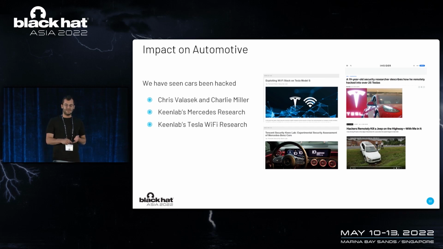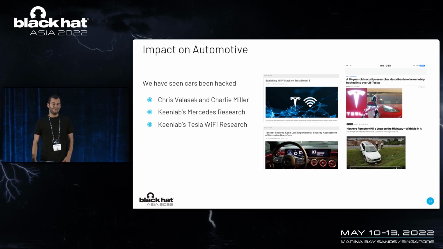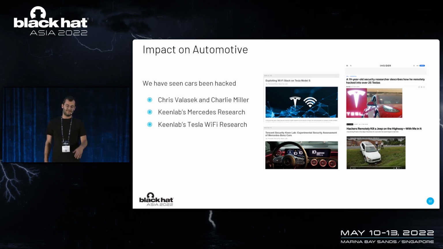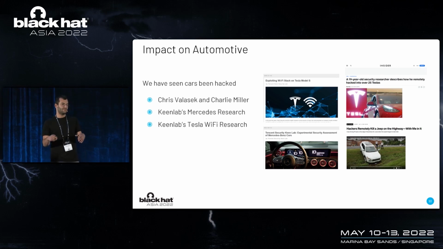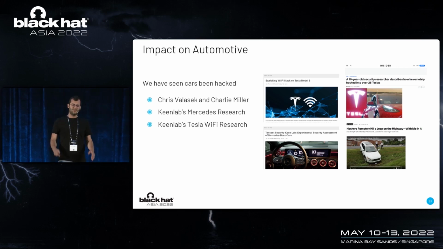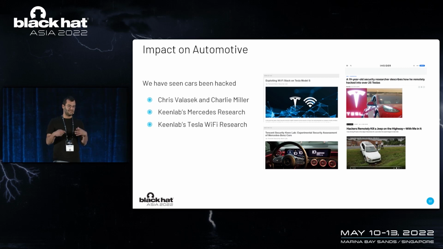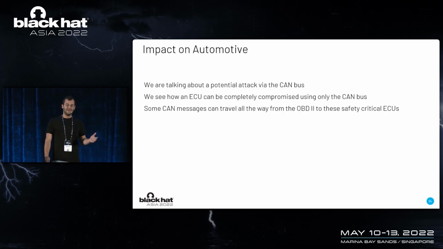We have the Chris and Charlie research that was done at Black Hat in the US a few years ago, and we had Keenlab Mercedes research and Keenlab Tesla Wi-Fi research. And most of this research was aimed to break the more rich operating system devices that are there before they do anything else. And what we've seen here is that